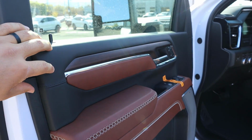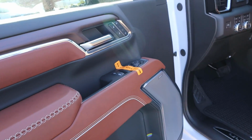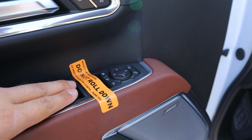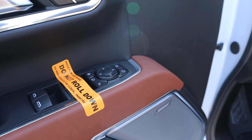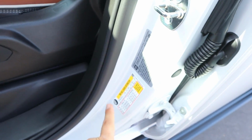Now taking a look at the front door panel, you guys can see soft touch here with the wood trim. And then look at the stitching. And then we've got all of our window controls. Notice the front here automatic. We've got our mirror adjustments. The mirrors do power fold in. Memory seats. And you've got blind spot underneath the mirrors. Speaker for the Bose sound system. And we've got